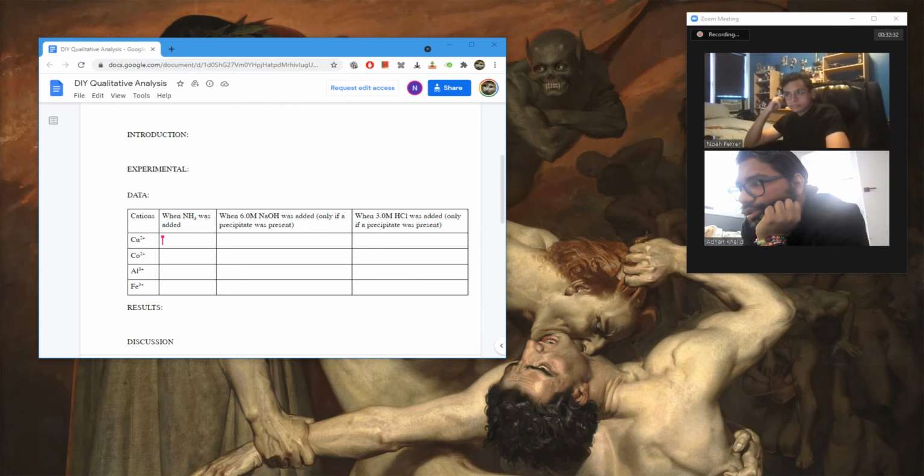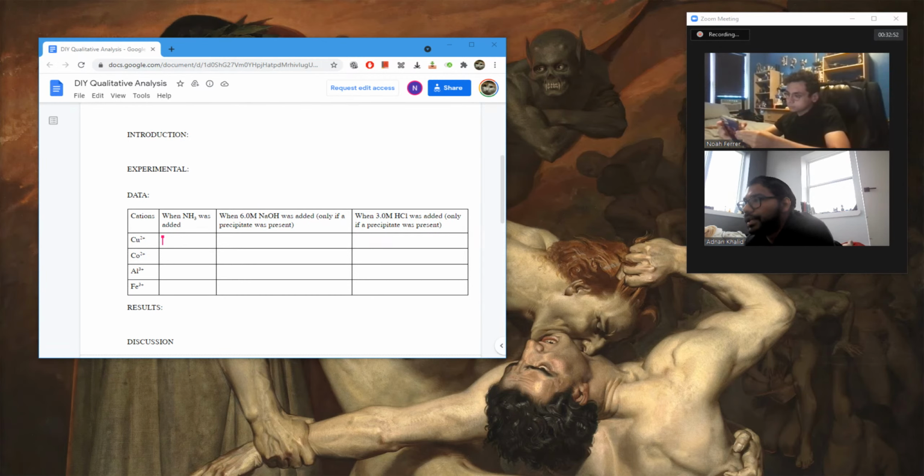Milky, cloudy precipitate. Okay, this seems like your unknown is a combination of perhaps aluminum and